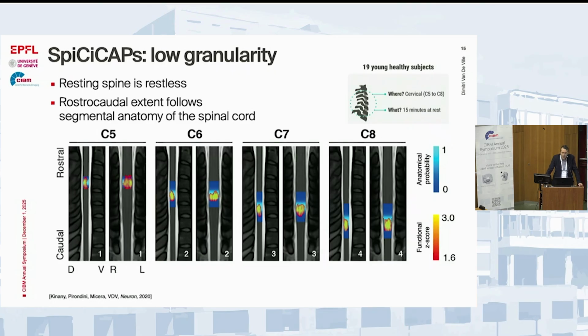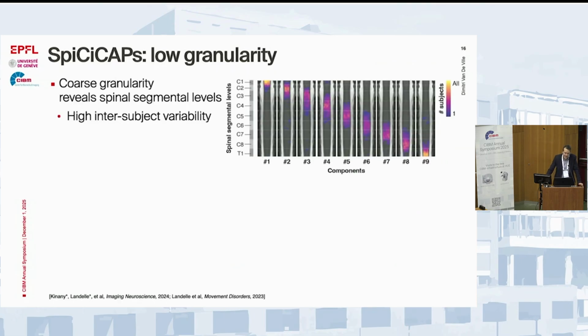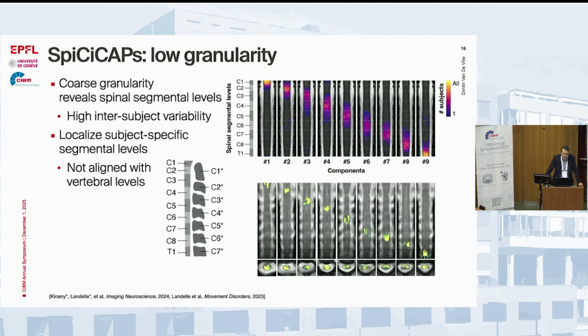Now, if you look at those spicy caps more carefully, you see that they nicely show a rostrocaudal extent, so the functional organization from top to down in the spinal cord. This is even so strong that we went to a data set that, as you see, has a much larger coverage here. You can see that if we keep this low granularity, we actually functionally segment the spinal cord. Now, maybe that might look like an almost obvious feature of functional organization in the spinal cord, but thinking about this a little bit more carefully, it's actually not that obvious, because you have a well-known mismatch between the anatomy of the vertebral levels